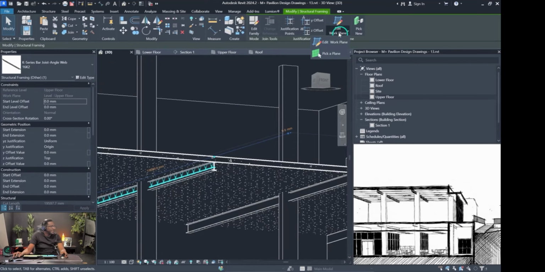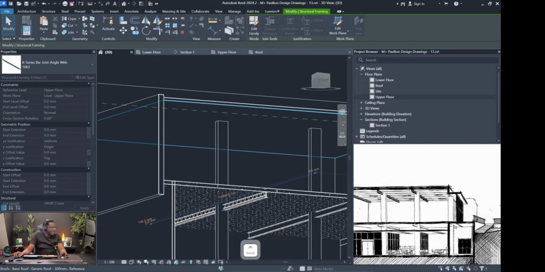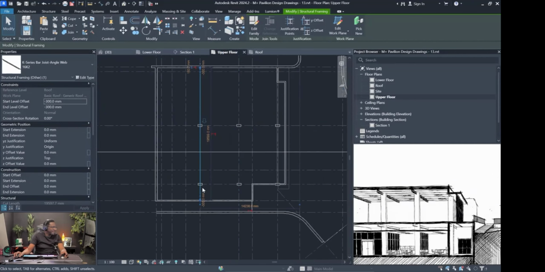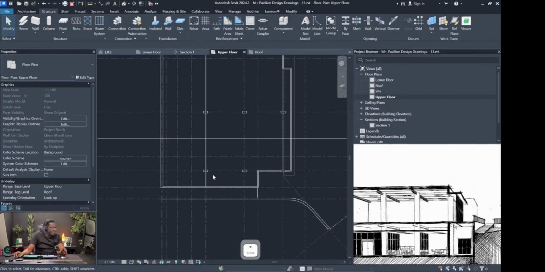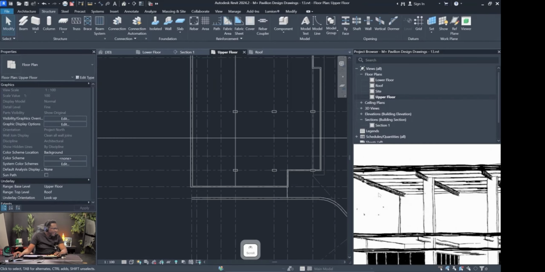We'll just go to work plane and go to pick a plane. And we will just pick the underside of the roof here. And that should be that. So let's go back to our upper floor. And there we go. Now we are seeing the beam as an underlay. So let's copy this beam. Let me see. This beam is, there's one here,